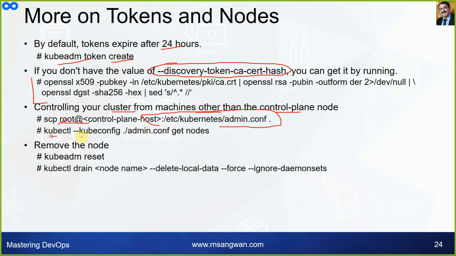Then you are ready to start. That is the kubectl command with the configuration file, wherever the file is located, and get nodes. By the way, take note of this command. We are going to use the same technique to manage our Kubernetes cluster on OCI from the same server